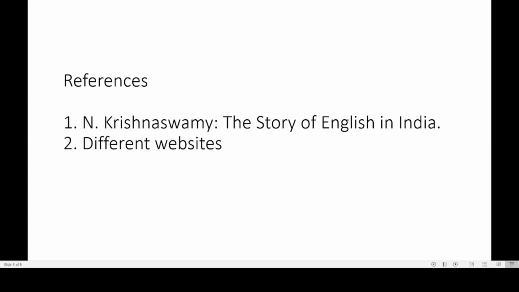So, we as English students should learn this language for global exposure, and we also should learn respecting our mother language and other Indian languages, because when all the languages coexist like this, we can enrich our culture and we can present our culture, our knowledge system in front of the world canvas.